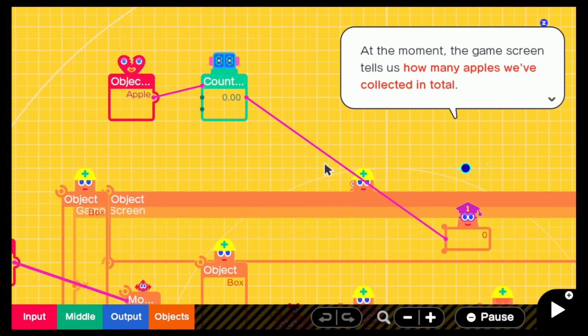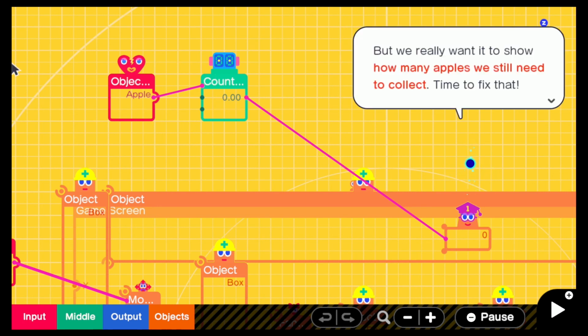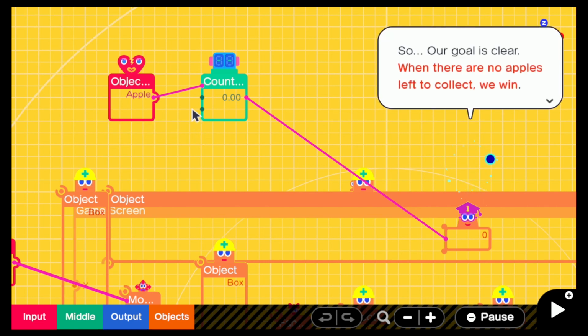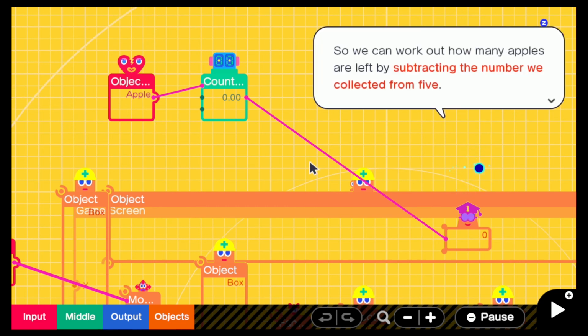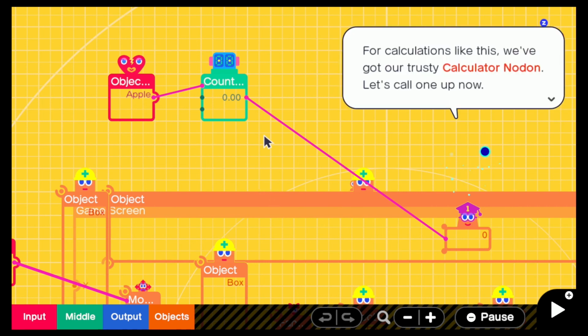At the moment, the game screen tells us how many apples we've collected in total. We really want it to show how many apples we still need to collect. Time to fix that. So our goal is clear. When there are no apples left to collect, we win. Let's see, we have to collect 5 apples in total. So we can work out how many apples are left by subtracting the number we collected from 5. For calculations